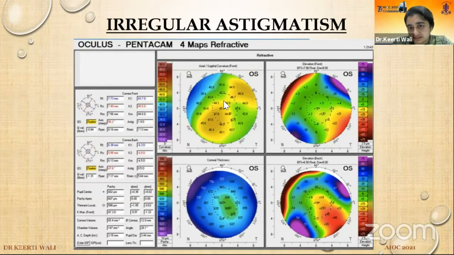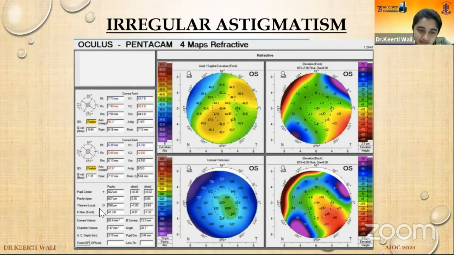In this case, you can see that there is an asymmetric bow tie with skewing of the radial axis. Okay, and here you can see some values like +12 and posteriorly +27, +19 in the center on the posterior map. So on the elevation, this is a best fit sphere, BFS, not BFT. On best fit sphere, if it is more than +8 anteriorly, more than +18 posteriorly, it is significant. It is pathological.